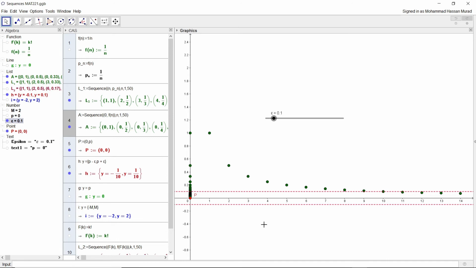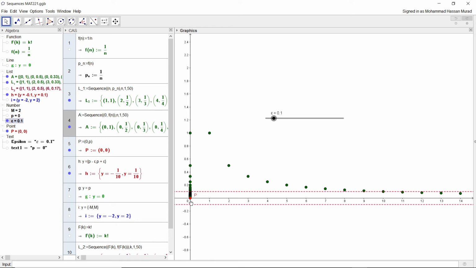So if this is true, that for every epsilon there would exist some index such that all the terms onwards would be in between p plus epsilon and p minus epsilon,